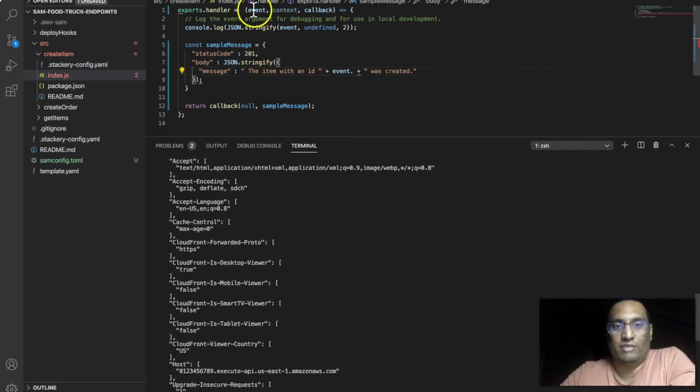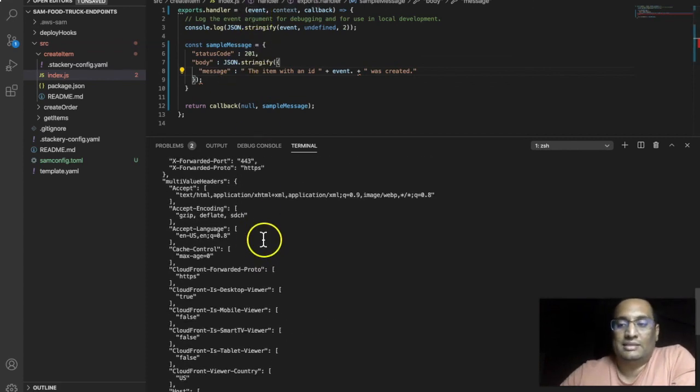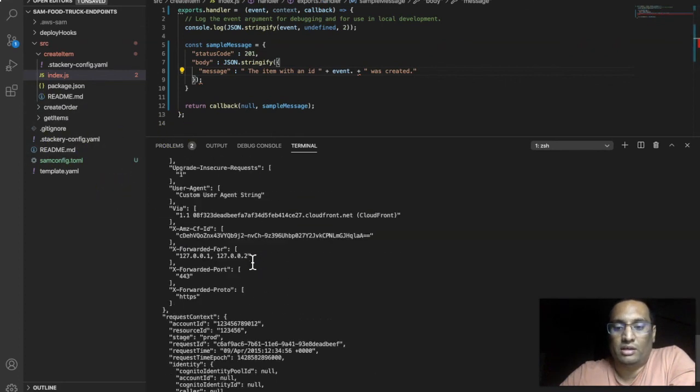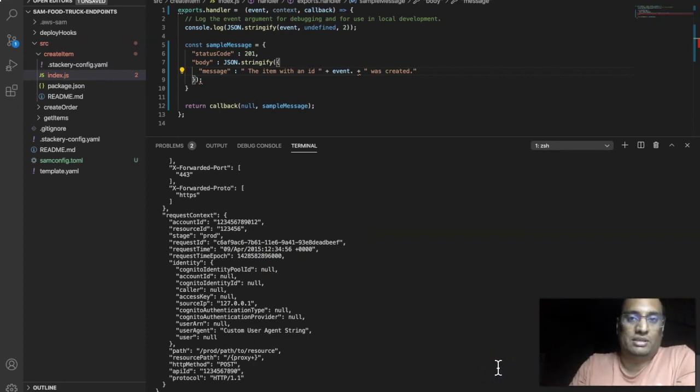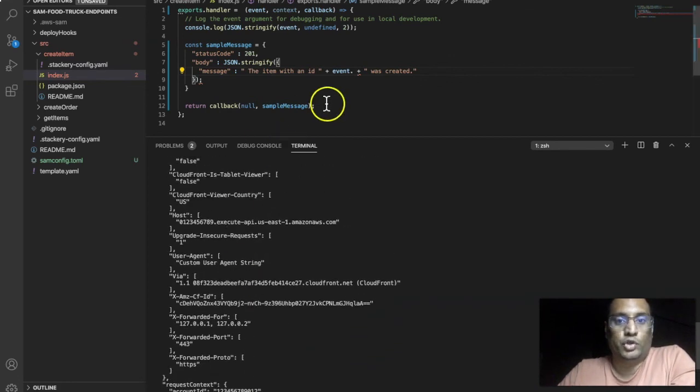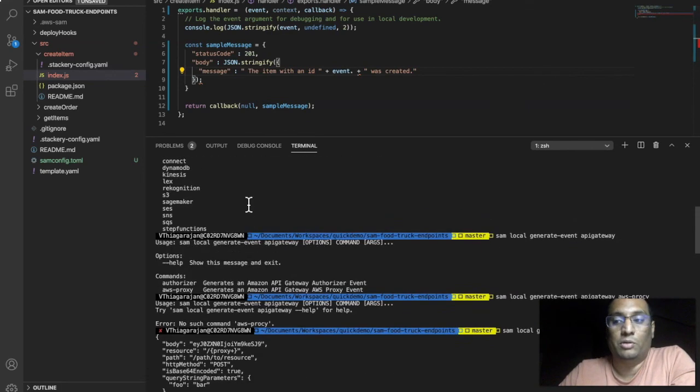Lambda function will always expect an event, and since we are invoking this function using an API gateway, we can call the SAM local generate event API gateway AWS proxy, which will give you a sample event which this Lambda will be receiving.